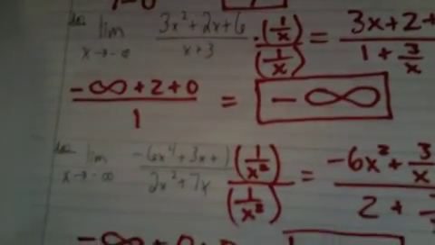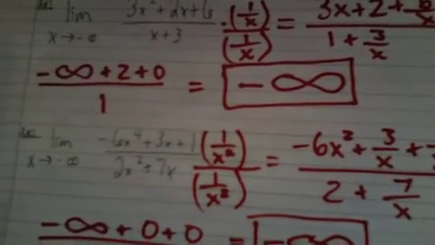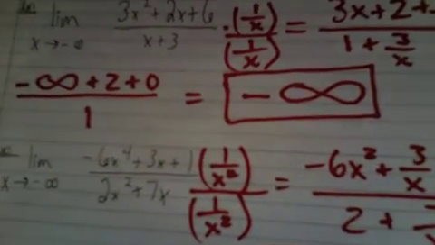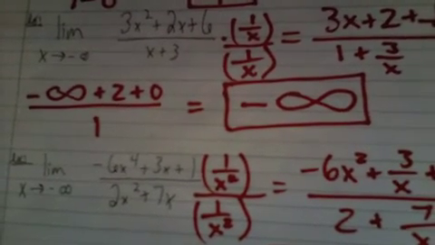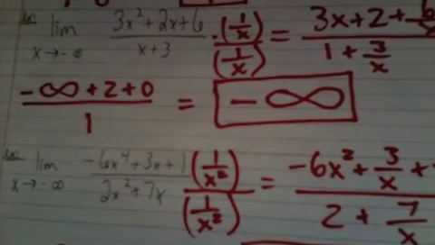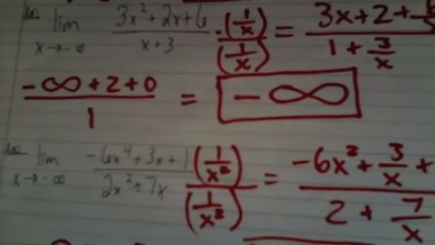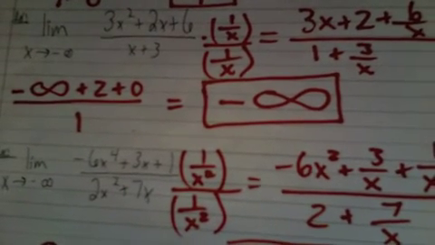And then the limit as x approaches negative infinity of negative 6x to the 4th plus 3x plus 1 over 2x squared plus 7x. What you're going to want to do with that is the same thing, except this time multiply the top and the bottom both by 1 over x squared. You're doing that for the same reasons. You want to get that